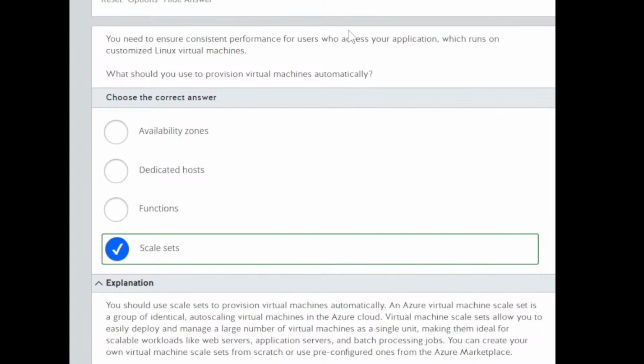And which runs on customized virtual machines, hindi siya dedicated host, kasi ito for users to access your application. Dedicated host for internal users lang yan. Pero yung mga users na gumagamit ng application mo, malamang customers yan. So, hindi ito. Okay? Functions, serverless computing. Basta functions equals serverless computing. So, hindi ka magpo-provision dyan ng virtual machines kasi nga serverless.